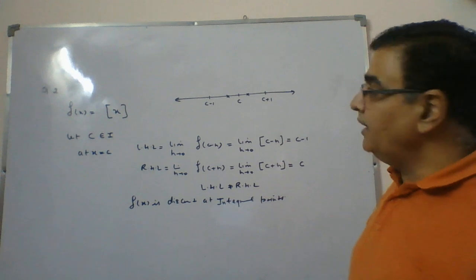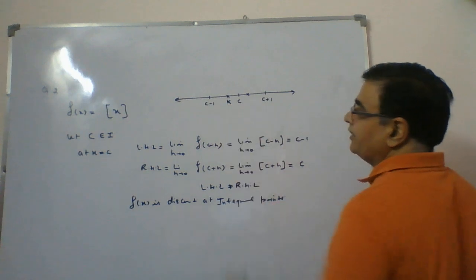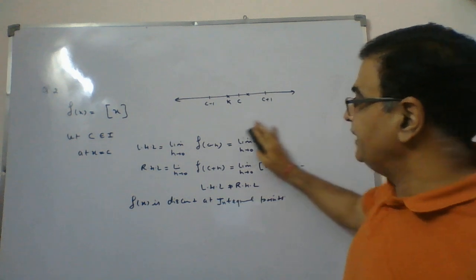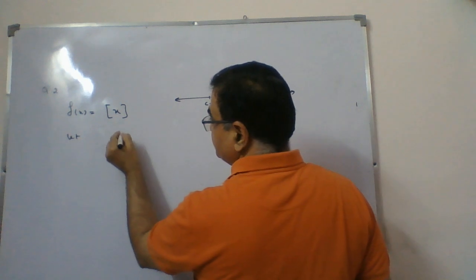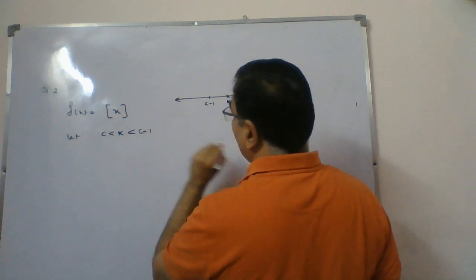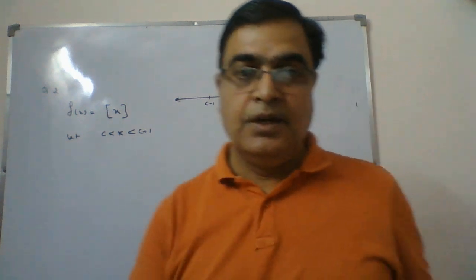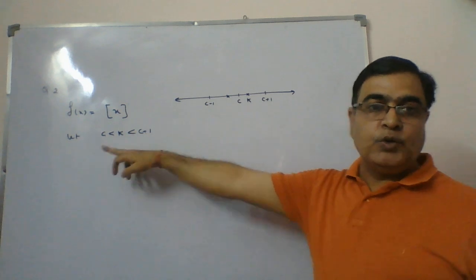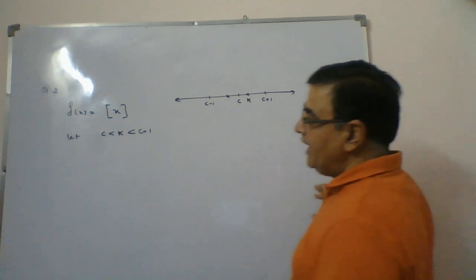Now coming to the second part, now we will take one point k somewhere here. This is the point k I am taking, which is not an integer. So now, next part, let k be between c and c plus 1. Or you can take k here also, or k can be taken here. That is your choice. But it should be between two integers. So let k be any number between two integers. So definitely it is not an integral value, it is between two integers. So at k, if I do,